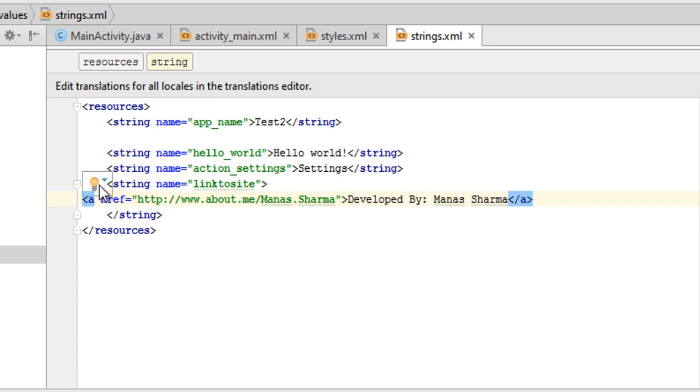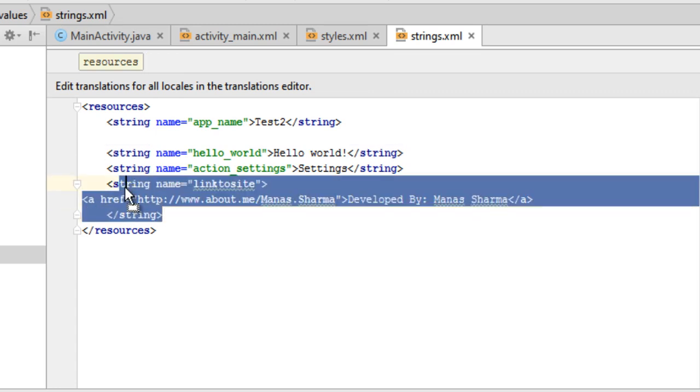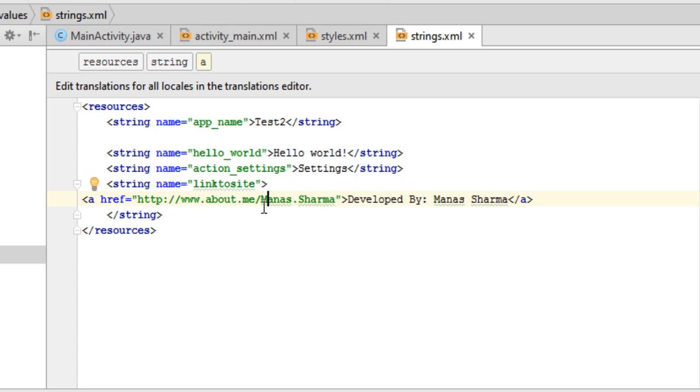I have already created a resource that contains a link, as you can see right here. So I have already created a string resource with the name link to site. So let me just explain the syntax real quick. You start with the tag string name, and then have the name of the string resource inside double quotes, and then between these tags, that is a string and this tag, you have whatever string that you want to display. Alright, now in this case I have a string resource with the name link to site, and inside the string tags,